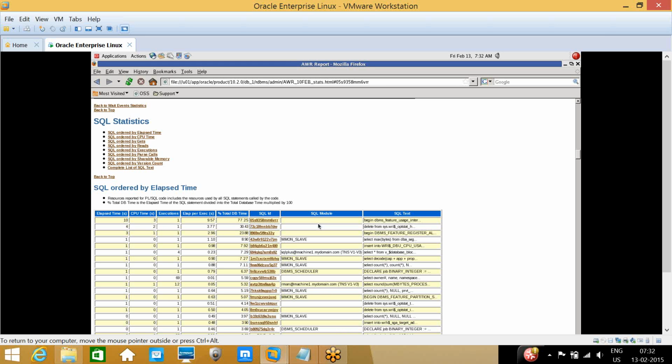To avoid that problem, what people are doing nowadays is, if any user, like you, is running a query for more than 15 or 20 minutes, they will get an automated email alert saying this is the user running the query more than 20 minutes. Long running queries, yes. So they will identify it at that stage itself.